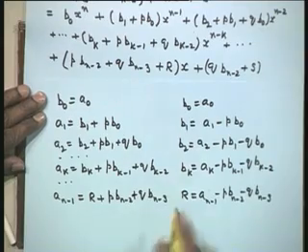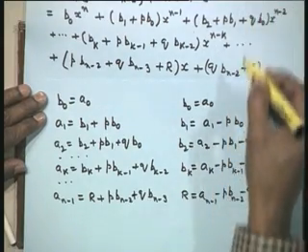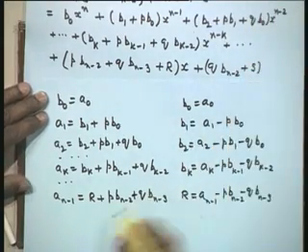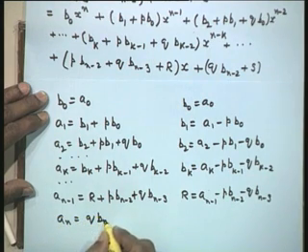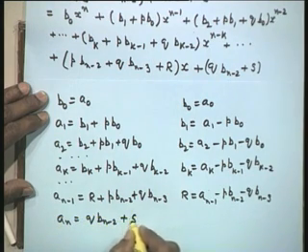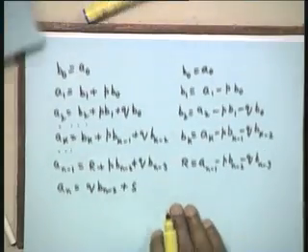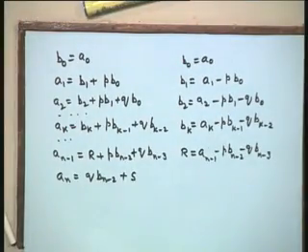And finally the constant coefficient is a_n on the left hand side, and we have this term. Therefore, we will have a_n is equal to q b_{n-2} plus s. Therefore, I solve it for s from here, s will be equal to a_n minus q b_{n-2}.